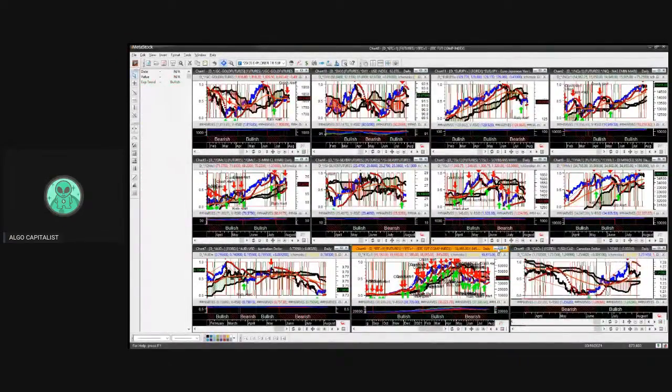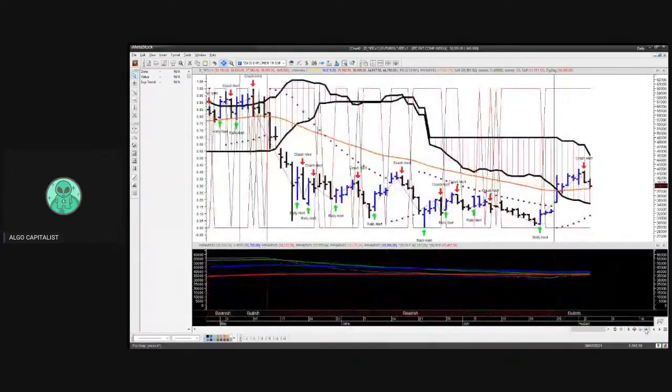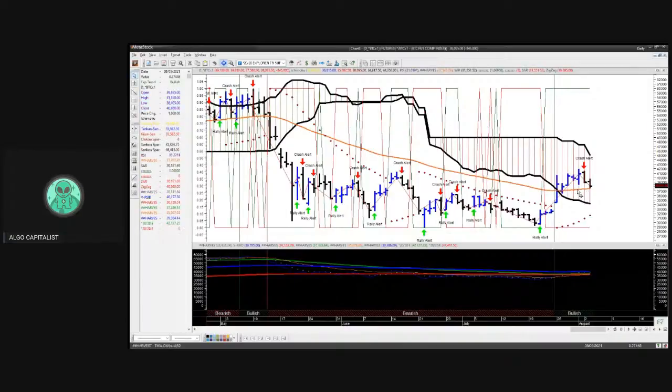And then last but not least is the mighty Bitcoin. Take a look at this one. So we had the rally alert sell signal, the crash alert sell signal coming into today, and you did get that downside production. The market stopped short right at the trend line support. So it's already at target. Secondary target is the bottom of the Kumo cloud now. Will we see more of a dramatic drop? And this is the Bitcoin futures, by the way. And we do have this gap here to contend with.